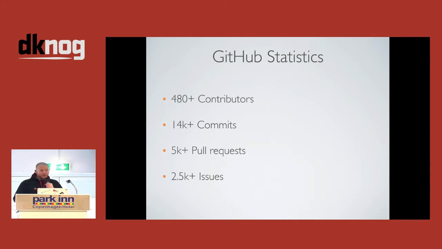We've got a pull request in the system at the minute to add full SNMP trap support. So we've got a basic one for ports up and down at the minute, but somebody's just appeared from nowhere and gone, here's a load of SNMP trap support. So we've got to do some work to get that into the code base itself, but, you know, people do this on a regular basis, which is quite nice. We've had over 14,000 commits. That obviously continuously goes up. It's unusual not to see constant commits throughout the day from people. 5,000 pull requests, and unfortunately, a stack of issues as well, 2,500 issues we've gone through. We don't use GitHub anymore for general bug reports and things like that. We do all that on the community forum, so that's kind of leveling out a little bit now.